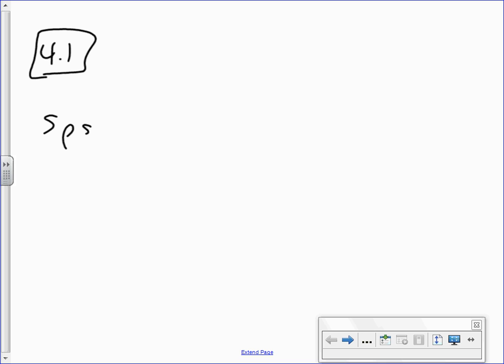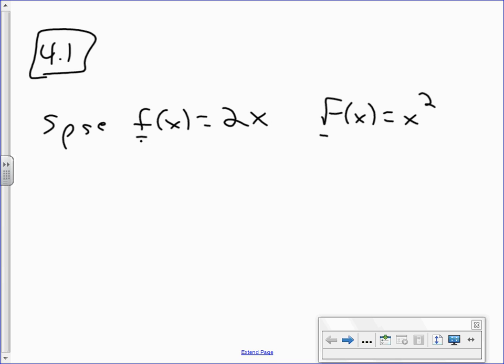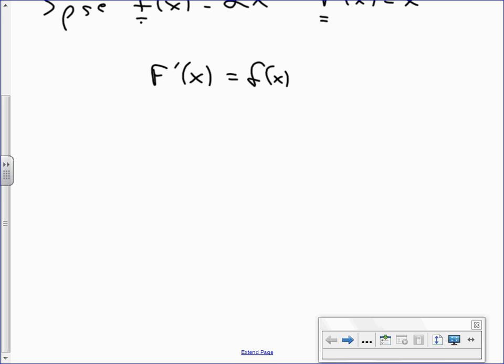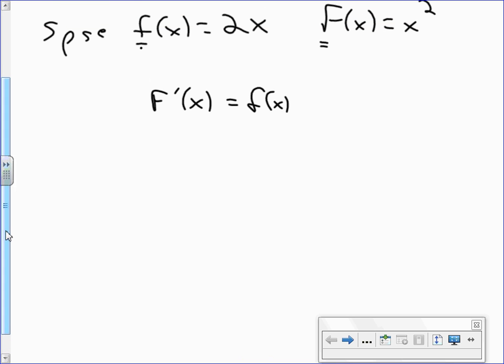Okay, so suppose that you have a function, and I want you to get nice and simple, 2x, and you have another function, x squared. I want you to note the language here is to use a lowercase f and an uppercase F, and you've got to recognize that those represent two different functions. If you take a look at the way these two functions are related to each other, I think you can see that the derivative of big F is little f. Those are the two functions that I have picked. Okay? When you have this situation, then we can say that big F is an antiderivative